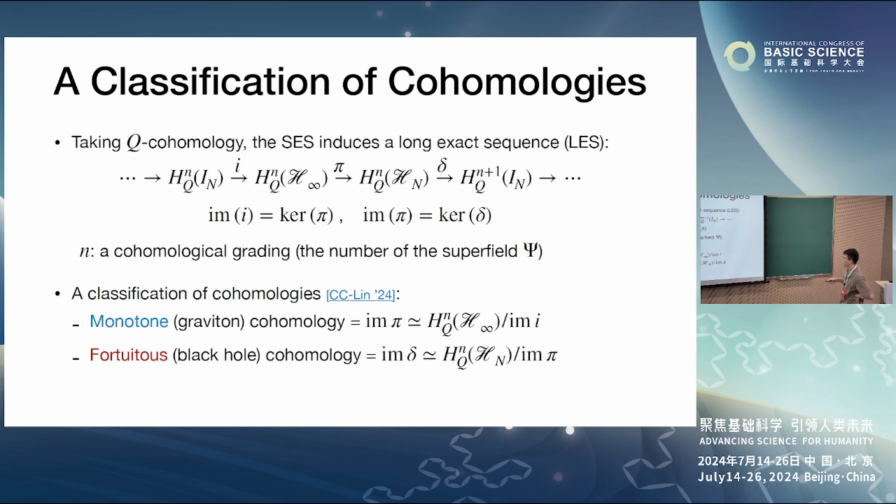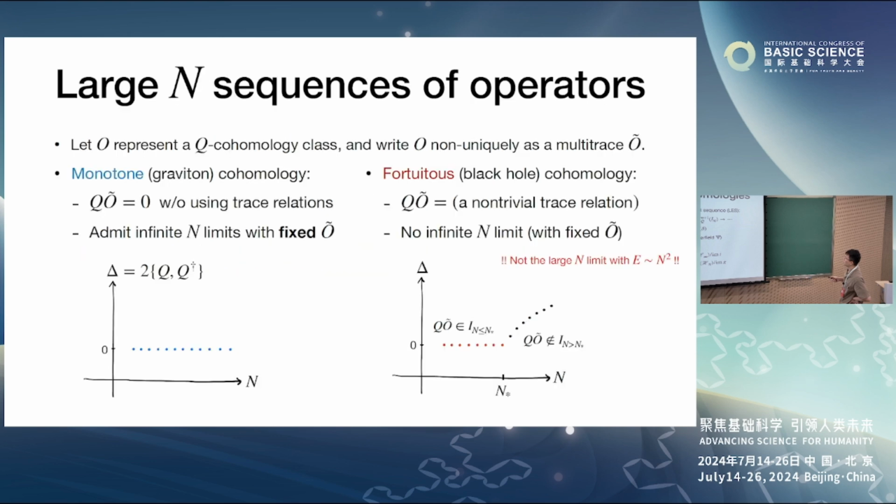And the second type of cohomology, we call it fortuitous cohomology, and later I will tell you how they are related to black hole microstates. Okay, and this image of delta, from this short exact sequence, you can also see that it's given by, I take the space of all cohomologies and quotient out by the image of pi, that's the monotone cohomology. I quotient out the monotone part, and then that's what we call the fortuitous cohomology. So these are the formal definitions, but